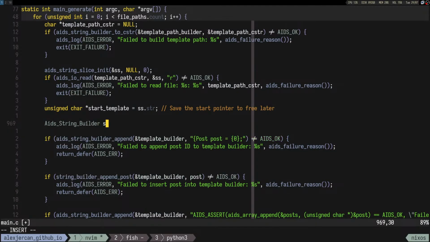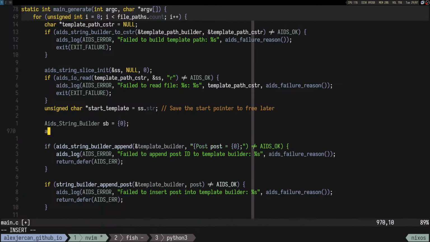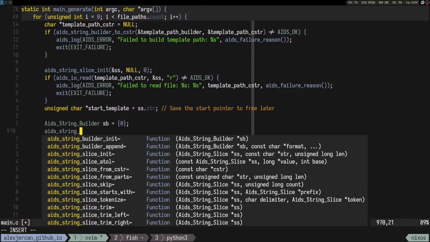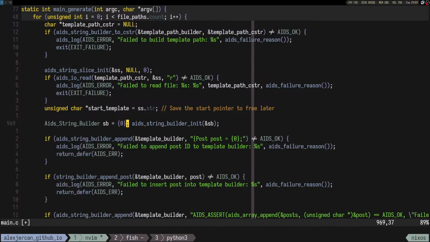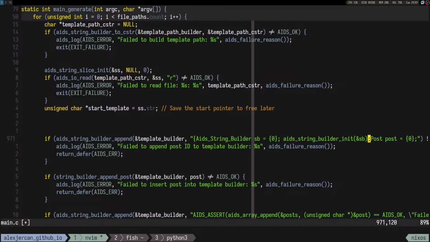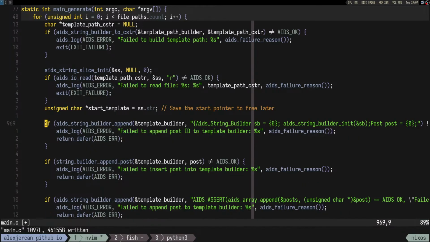So let's create an SB. It's gonna be empty. And we have to initialize it. So aid string builder init SB. So yeah, that's kind of what I want to insert in here. So we are creating a new string builder for each post. And then